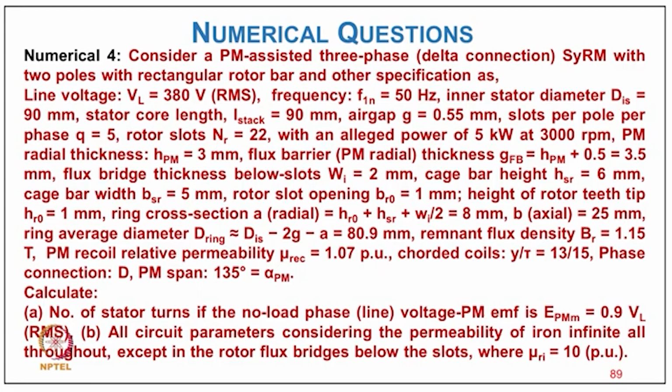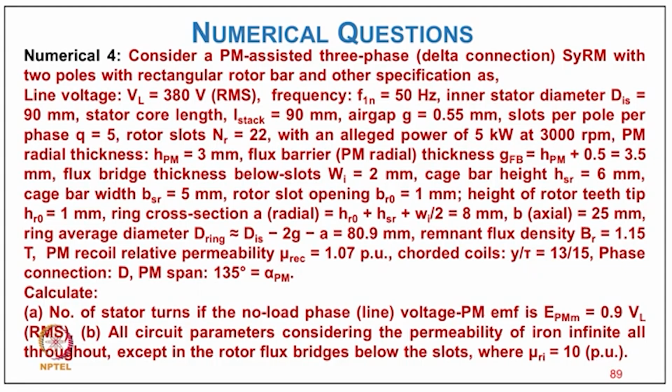bridge thickness below slot WI equal to 2 mm, and rotor type cage, with cage depth 40, cage bar height HR equal to 6 mm, cage bar width BSR equal to 5 mm, rotor slot opening BR0 1 mm, height of the rotor tip HR0 1 mm, cross section radial HR plus HSR plus WIT 8 mm, and B axial 25 mm, ring average diameter D ring equal to pi minus 2G minus A, that is 80.9 mm, and remnant flux density BR equal to 1.15 Tesla, PM recoil relative permeability mu recoil